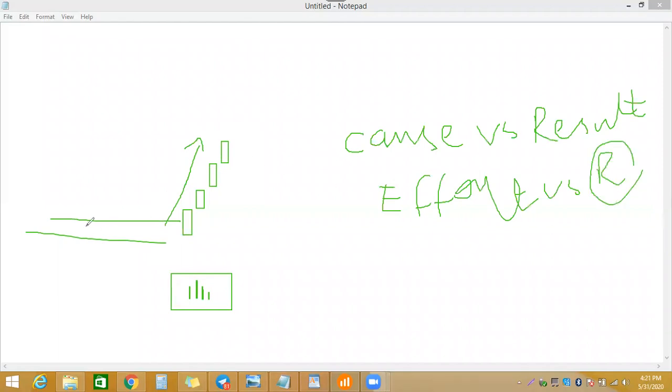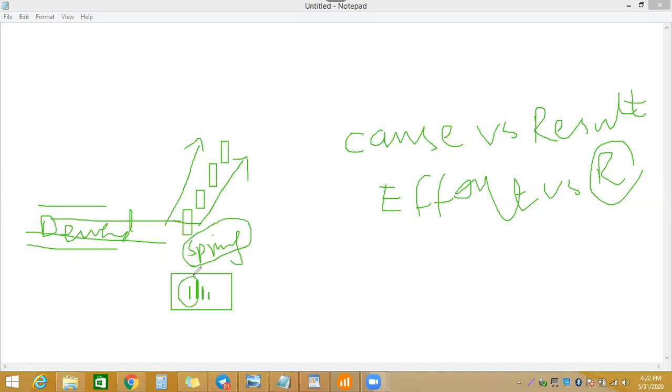What was the cause? The cause was the demand zone. Before, there was a demand zone, the market broke the level of the demand zone and went up. And here we can say one rule, one word, that is a spring. The spring indicates that the volume is increasing from the buyers. Suddenly we saw the price rise in the up direction with the breakout and volume also increasing. We can say this is a spring rule.